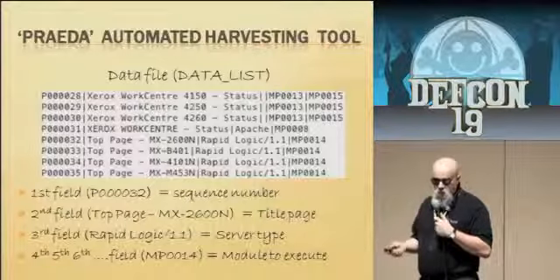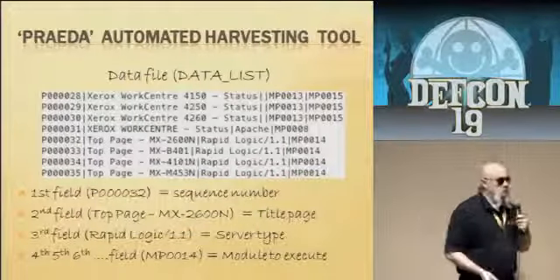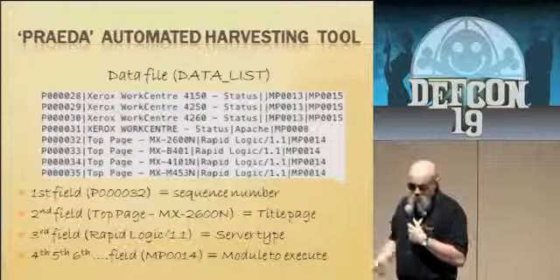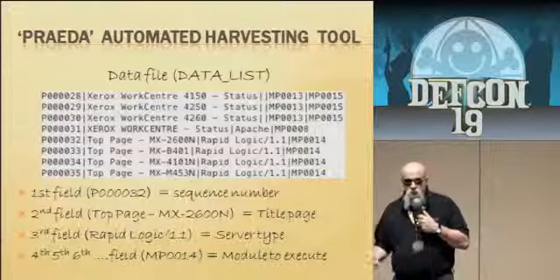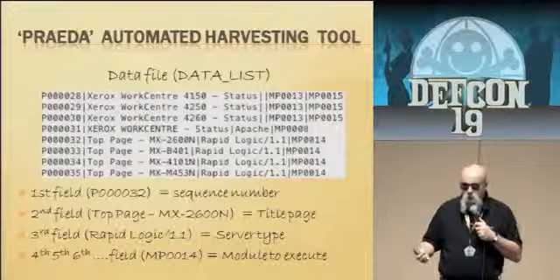The third field looks at the server type. And that works probably about 80–85% of the time on fingerprinting in specific models or model series. And then fields 4, 5, 6, and continuing out there, the actual modules that are used to launch the